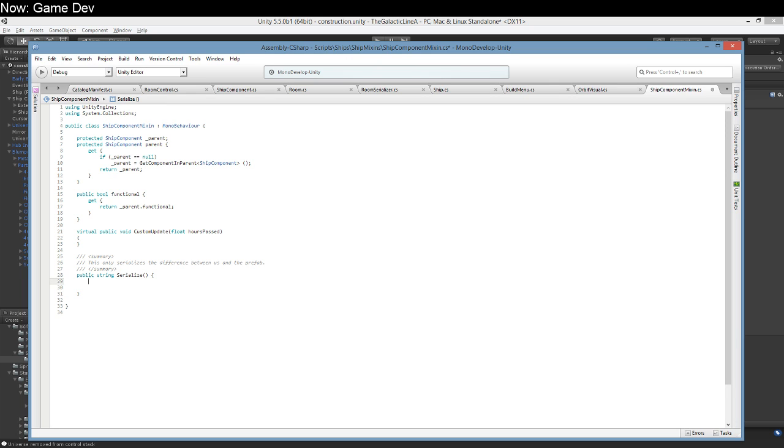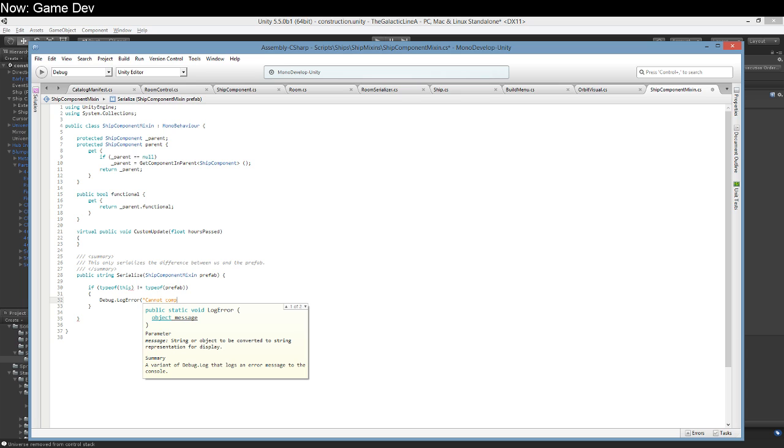So what we're going to want is to also have our ship component mixin prefab. There we are. We're going to want to make sure that we are the same type. So if type of this does not equal type of prefab, debug.log error cannot compare distinct types